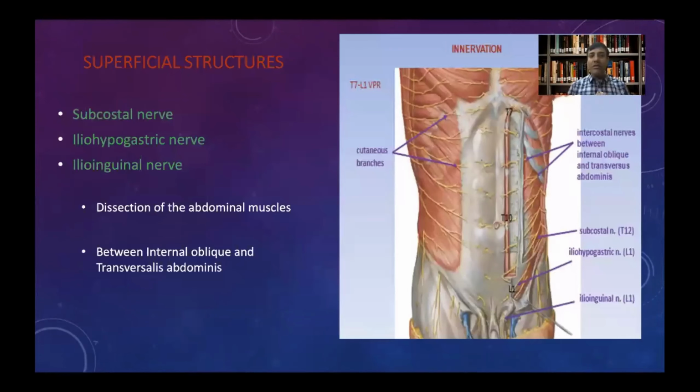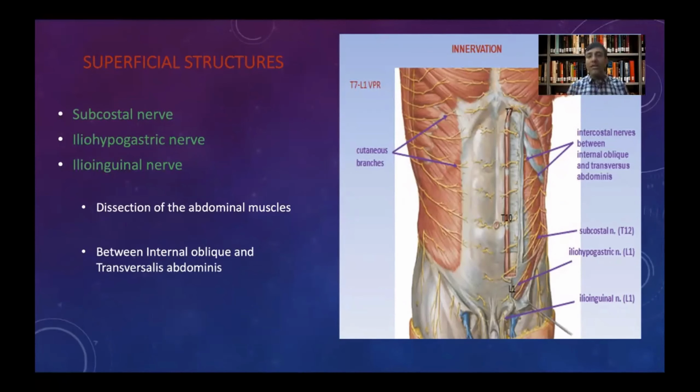I'm not going into the details of where you want to place the incision, or what position the patient should be in. That shall be taken up by the subsequent author. Now, once you have placed the skin incision and dissected off the subcutaneous fat, you encounter the external oblique fascia, which needs to be sharply incised. Once you sharply incise the external oblique fascia, you have the three muscles, that is the external oblique, the internal oblique, and the transversus abdominis muscle. The important thing is that the dissection of the abdominal muscles is a blunt dissection, and you have to do the dissection along the direction of the fibers.